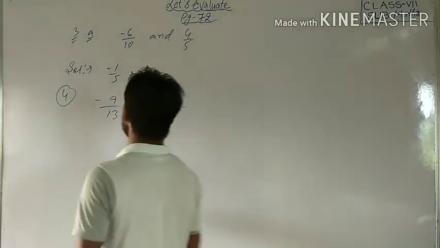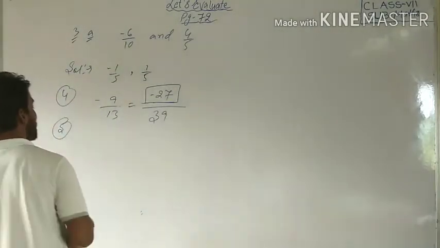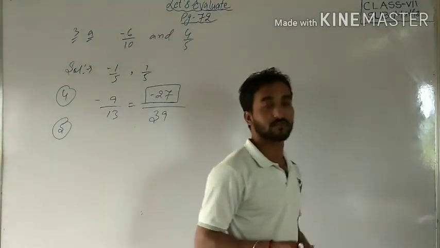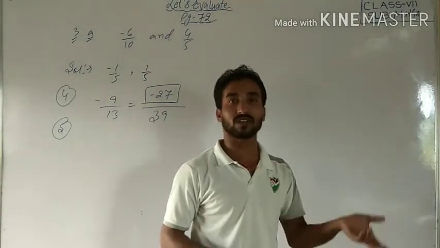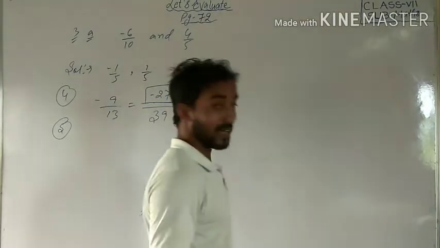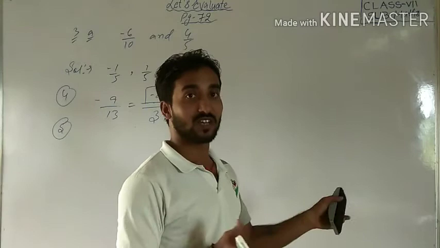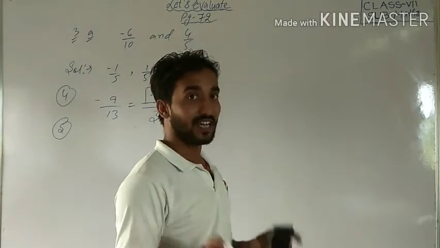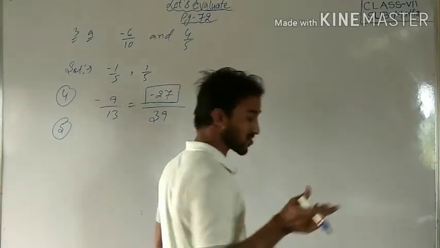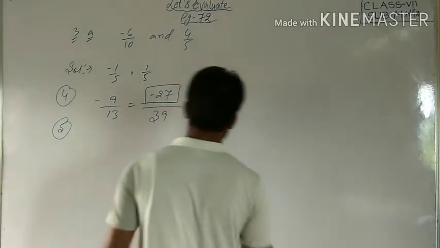See question number 5. We will discuss question number 5. Question 5 says find the sum of. Sum means the numbers are given and you have to calculate the sum. It means addition. I have 5 balls, you have 6 balls. What is the total number of balls? 6 and 5 is 11. That is the sum. It means the result of any addition is called the sum. 2 by 15 plus